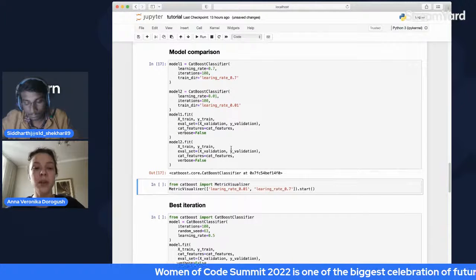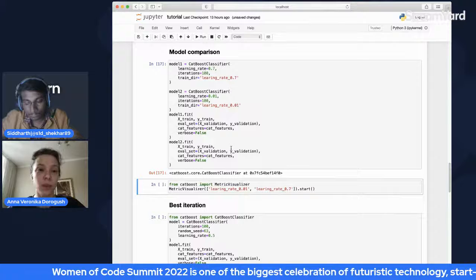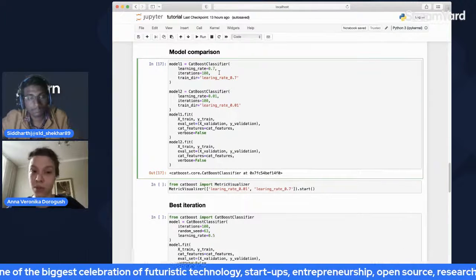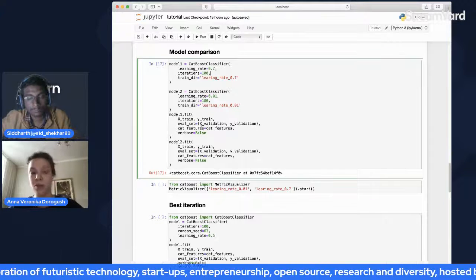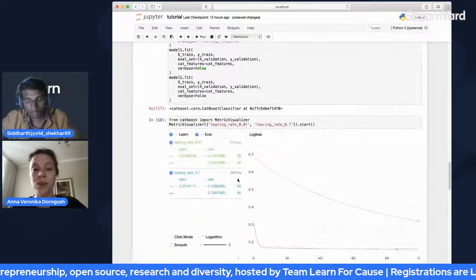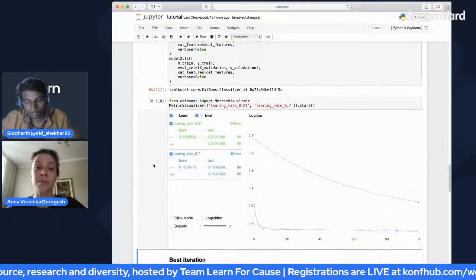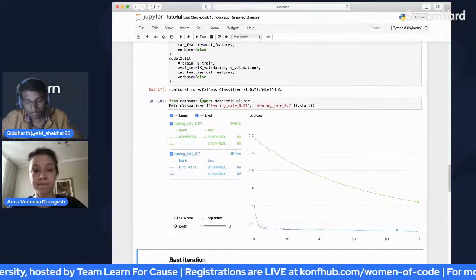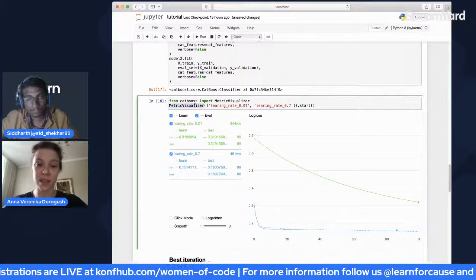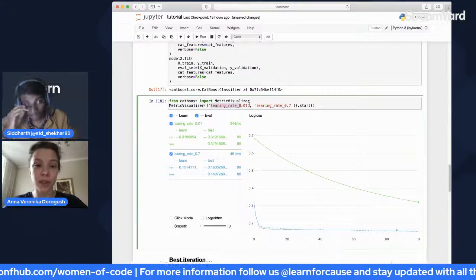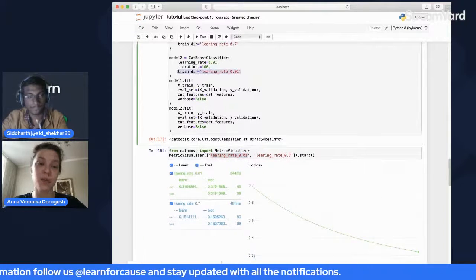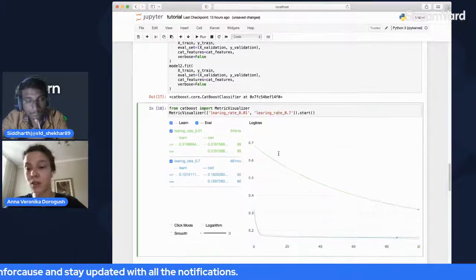So let's train them. We still are training a small ensemble of 100 iterations, which is a demo mode. Normally you train bigger models. Normally you do not want to train just 100 trees. It's too small for a good model. But what I want to show you is how you can compare those models. To compare those models, you call metric visualizer. You specify the folders here where you are storing the data. You use a parameter to do that, and you compare the models.